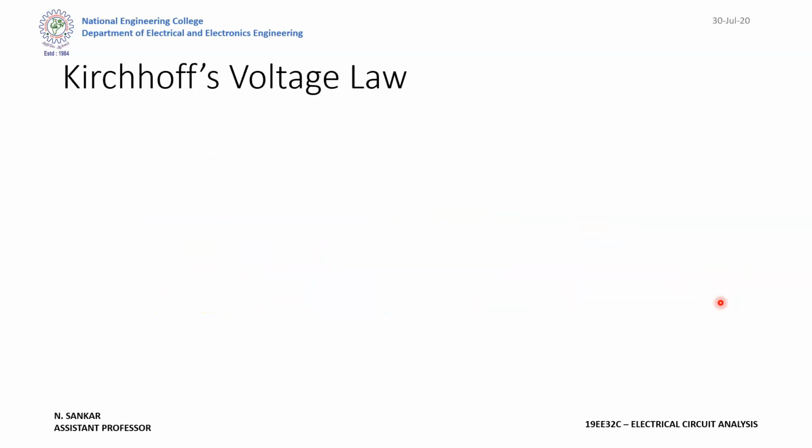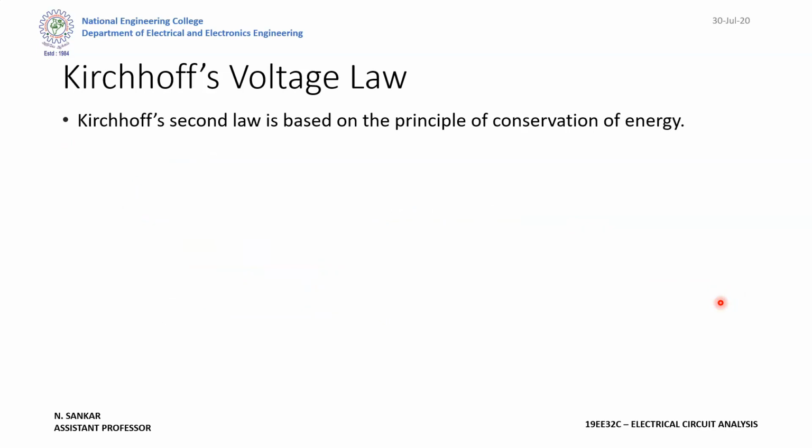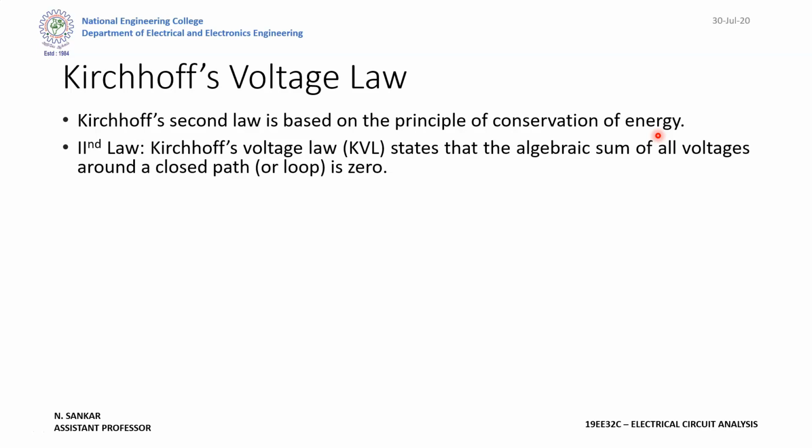Next one, Kirchhoff's voltage law. Kirchhoff's voltage law is mainly based on conservation of energy, and here we will deal with the loop. Kirchhoff's current law mainly focused on the node, whereas Kirchhoff's voltage law mainly focuses on the loop, that is a closed system. According to conservation of energy, in any closed system the energy stored will always be constant, unless we draw or add energy from outside. So that is the concept from which we derive Kirchhoff's voltage law.